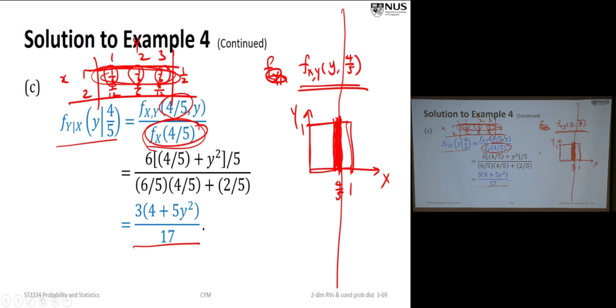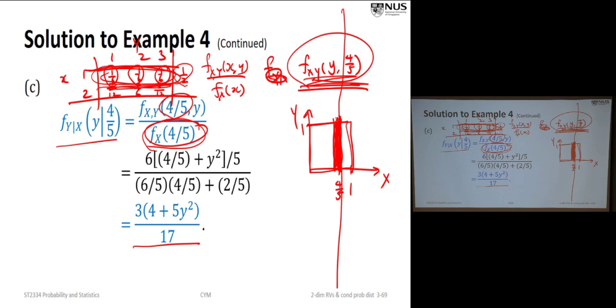I just want you to know that you cannot simply use this one as a conditional distribution. When I say, given x equal to 0.8, how does y behave, if you just give me this part, or in other words, this line, it's not good enough because it's not a proper density. So that's why we need to adjust it by the marginal. That's why it is f of xy divided by f of x, that is the marginal distribution. We just have to make it into a probability density function. So that's why we need to divide by this, and it turns out to be this.